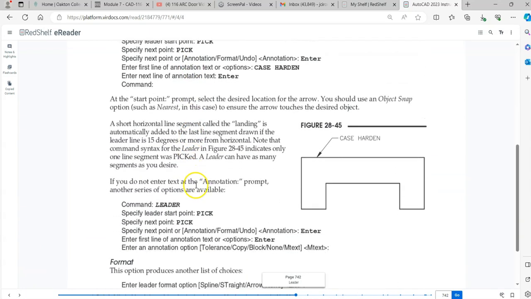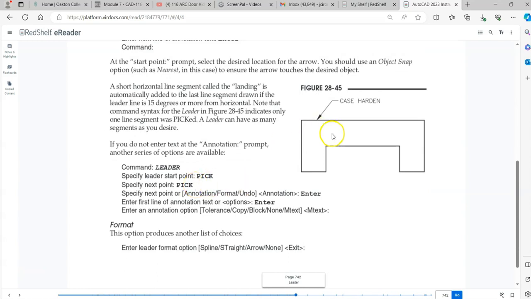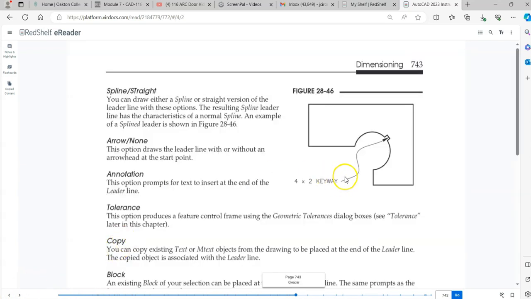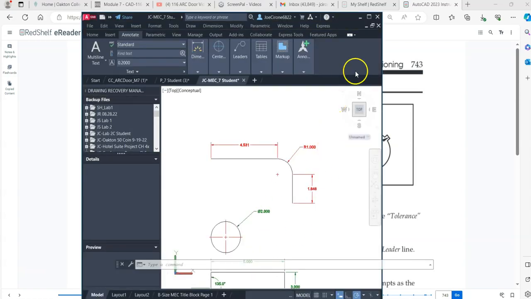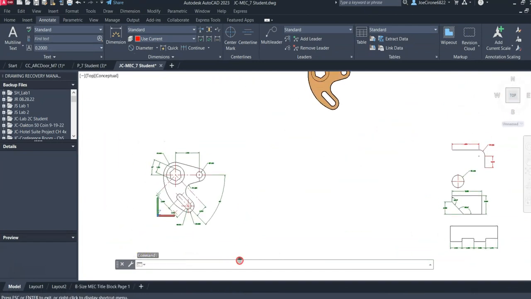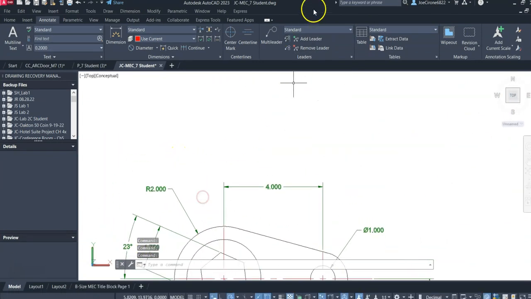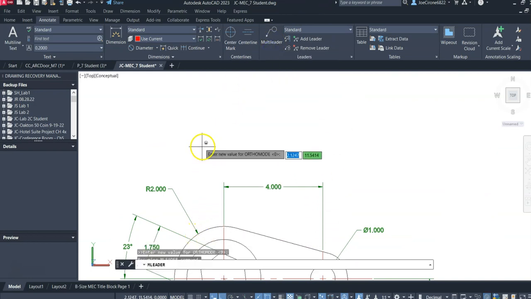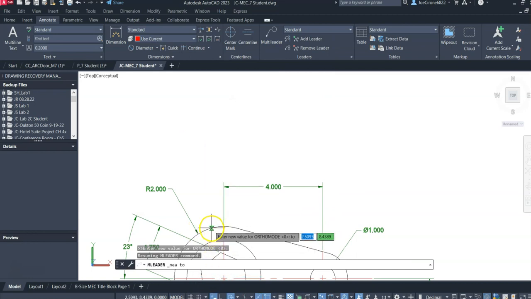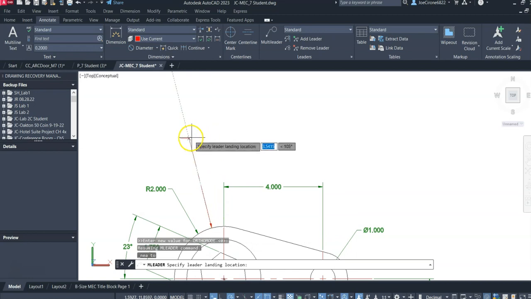As we look at other types of dimensions, we have leaders, and we can use a leader to place a note on something. If we were to look at our CAD system and we wanted to add a leader to it, here's our multi-leader command. We can select the leader command. I like to use nearest, so I'll use shift right mouse click, nearest, and that way the arrowhead will make sure that it touches the geometry. And then I could say